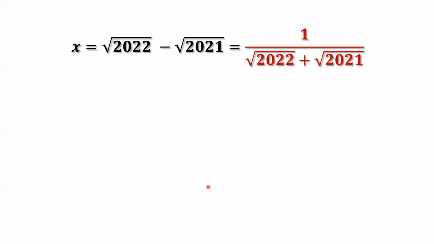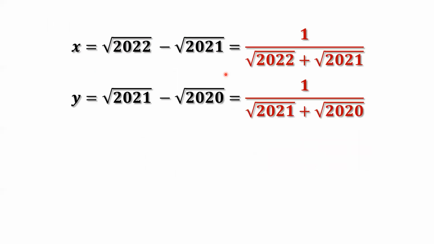We summarize the result on this page. What is x? It is the first number. This is given, and after we simplify, we have this. Similarly, we have the y value, the second number, and here. This is the current result after we simplify. Now we can compare x and y, to see which one is bigger. Look at the numerators: both are 1s. So now compare the denominators, the denominators of the first number and of the second number.